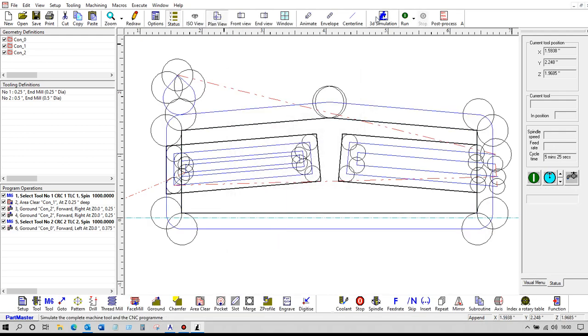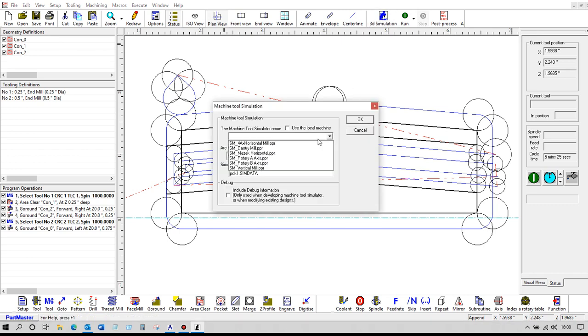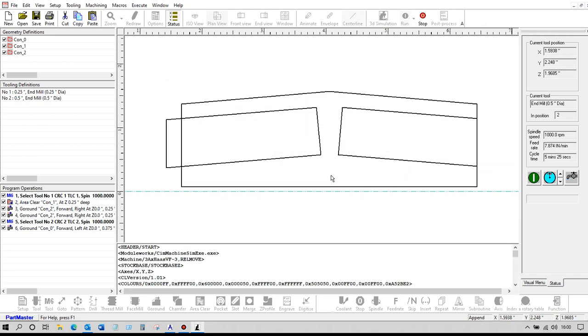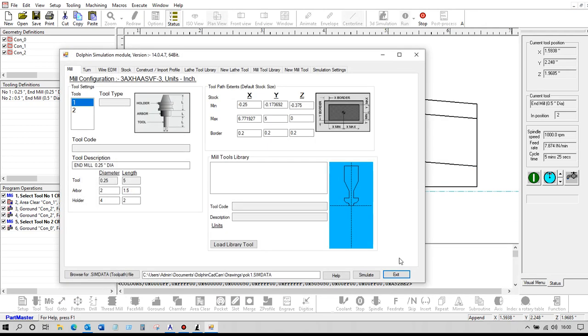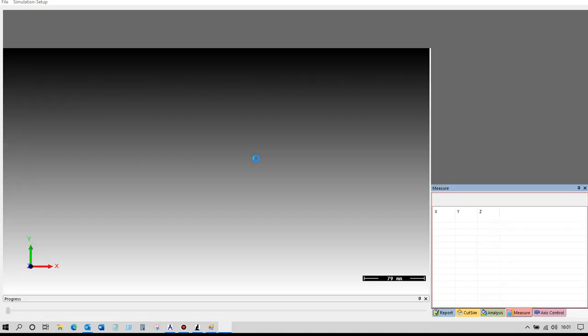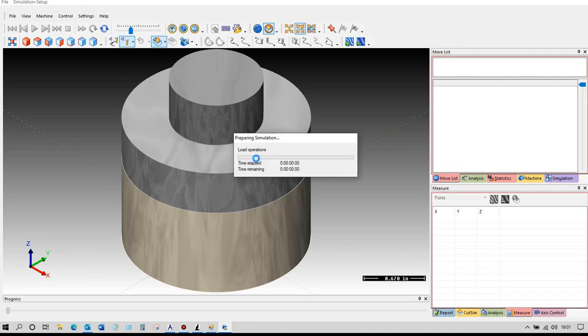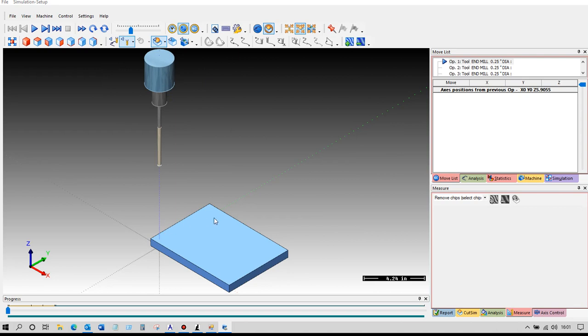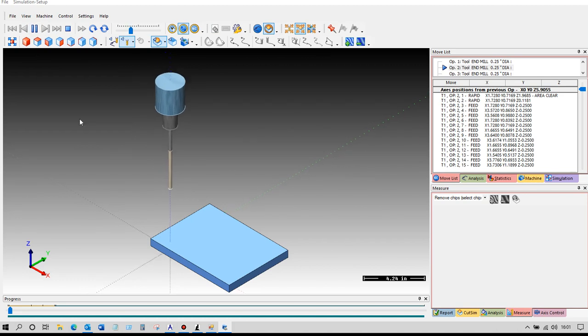Okay, so if we then simulate that, go into the machine tool simulator for the vertical mill, leave all the options as they are, and that just loads the simulator software. The first time you do this, when you run the session, it loads the software and it takes a few seconds, but after that it gets quicker. So that's a simulator showing a piece of stock material and the tool. Video controls at the top here, so if we simply run the tool,